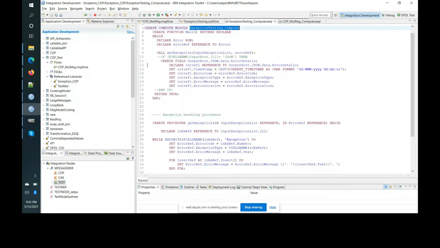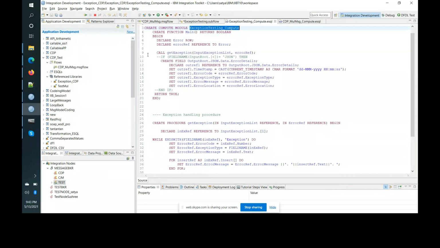Got you. So we don't need this if else, it is just checking the last child. So we don't need this, right? Correct. Okay, that's what I just commented. Apart from this, when you run this code, I'm not getting the message which we need: timestamp, error code, exception type, error message, error location. Maybe as the exception list has not been generated. Put a breakpoint on line number 9 and continue to execute the debug.